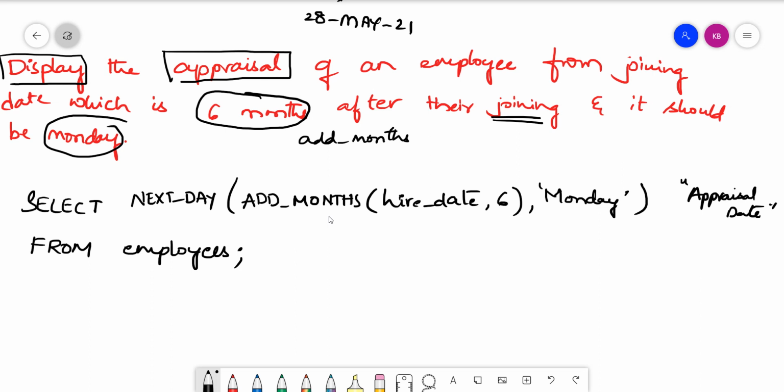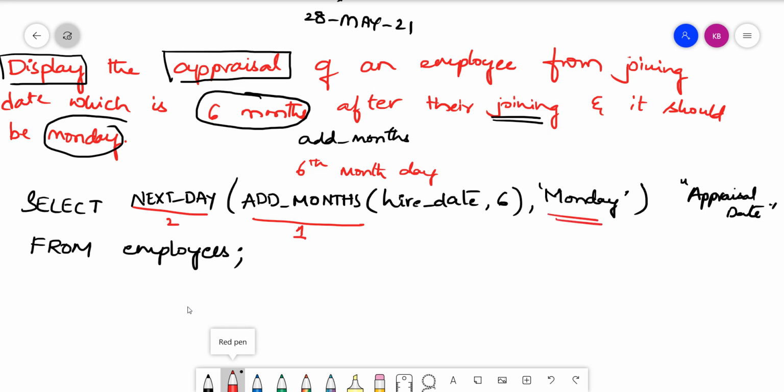Okay, so how does this statement get evaluated? As I told you, whenever you have nesting of functions, it always evaluates from inside out. So this function will be executed first. You will get a 6th month day after their hire date, and we are adding the next_day, that would be the Monday. Right, is that clear?